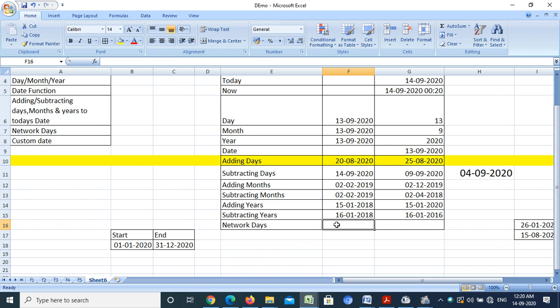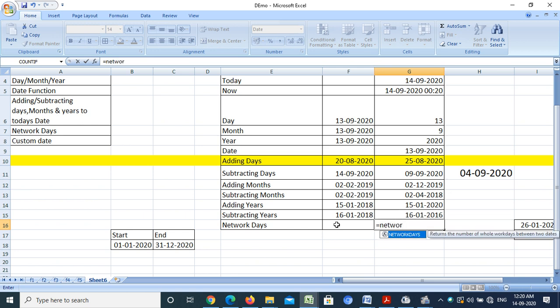We have a very interesting feature, that is equal to NETWORKDAYS. After pressing the round bracket sign, it will show me a message that I have to just write start date and end date. Then it will automatically count the number of working days excluding Saturday and Sunday.